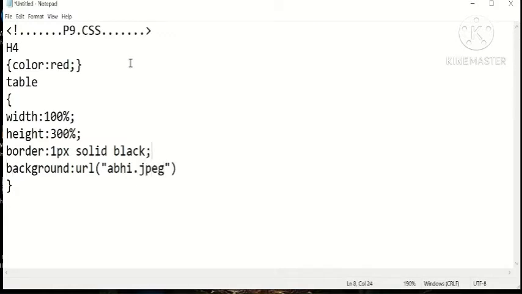Even this CSS file will be given as a relative reference and it will also be there in the same folder. Here the border will appear as a double line, so we need to collapse the border in this case.